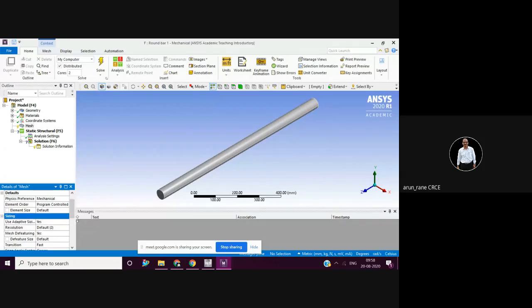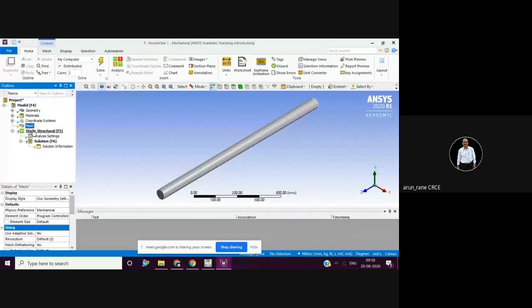Then sizing also you can select: coarse, fine, bounding box, minimum edge, quality, etc. So we will keep the mesh element size of 20.